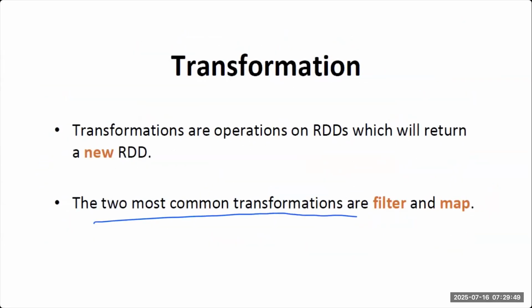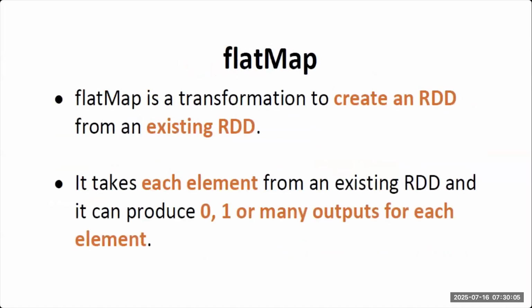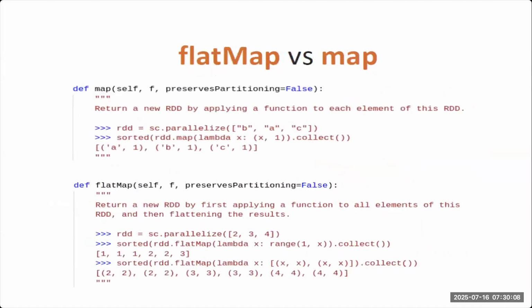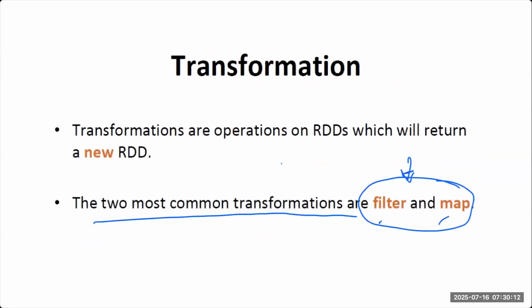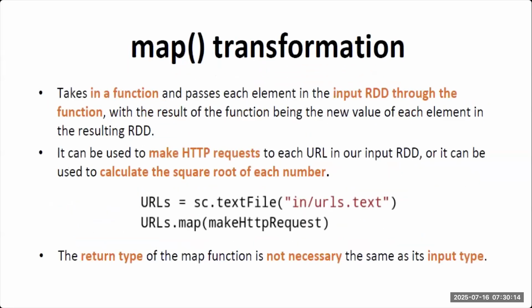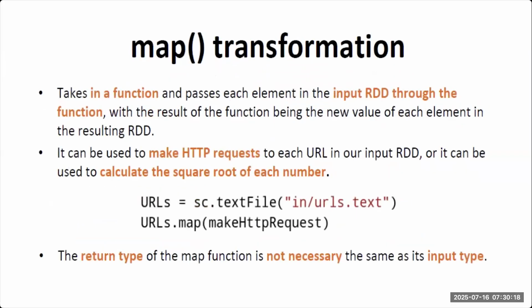Two most common transformations are filter and map. Just remember these because we are going to use them further. Filter, you understood, will filter the data. Map will write,